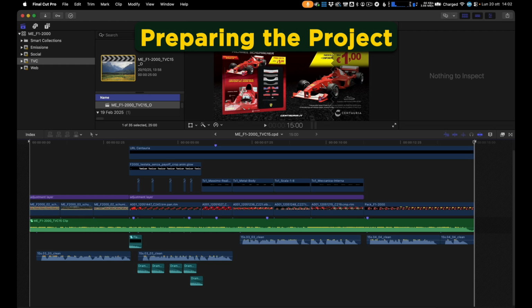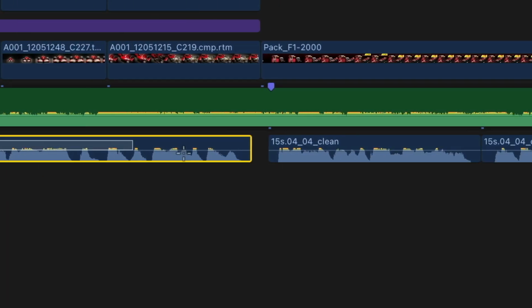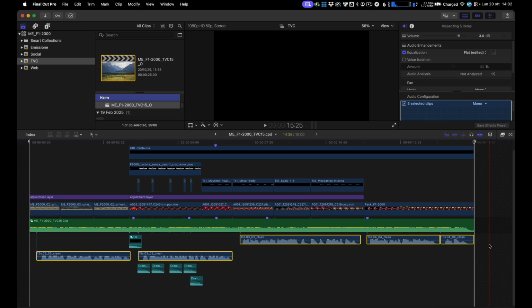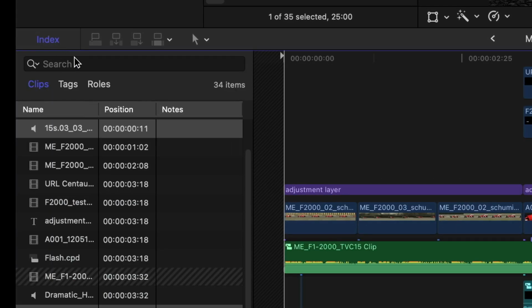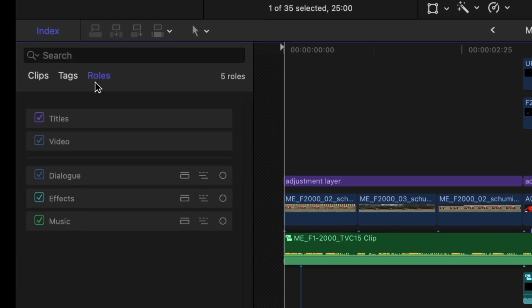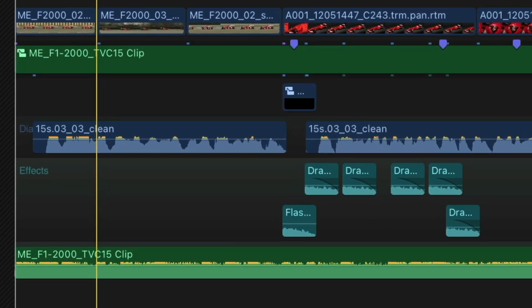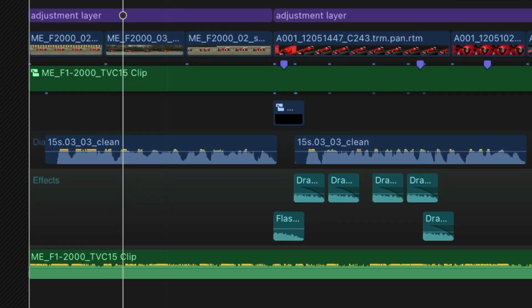Open your Final Cut Pro project containing dialogue, music, and sound effects. The dialogue is the driver for the entire video. The music and sound effects need to get quieter whenever there is speech. To keep things organized, set the timeline to Lanes View, usually in the bottom left corner. This will let you see the dialogue lane, the music lane, and the sound effects lane, light blue.